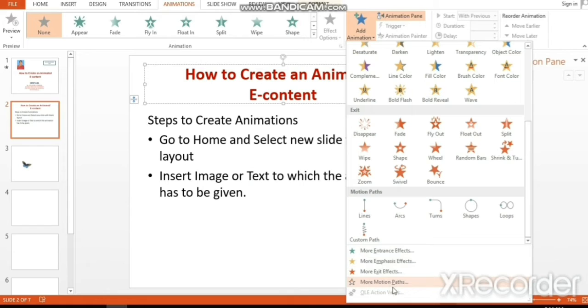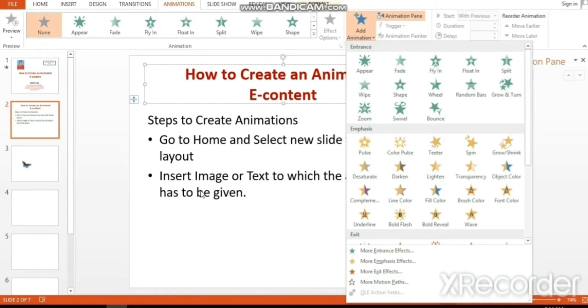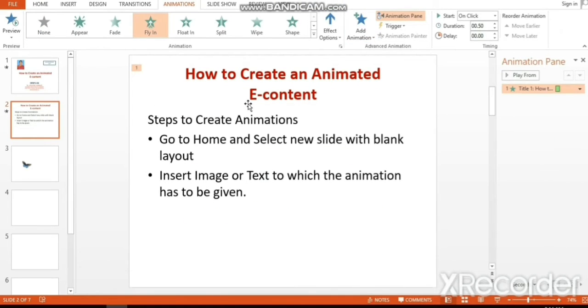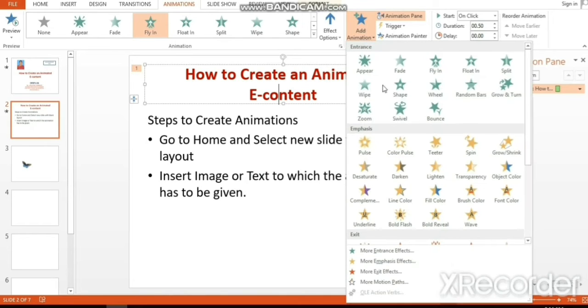So in the entrance you have a number of options. So I am going to give the fly in option. It comes like this. You have seen here there are a number of options. So add your choice of animation.